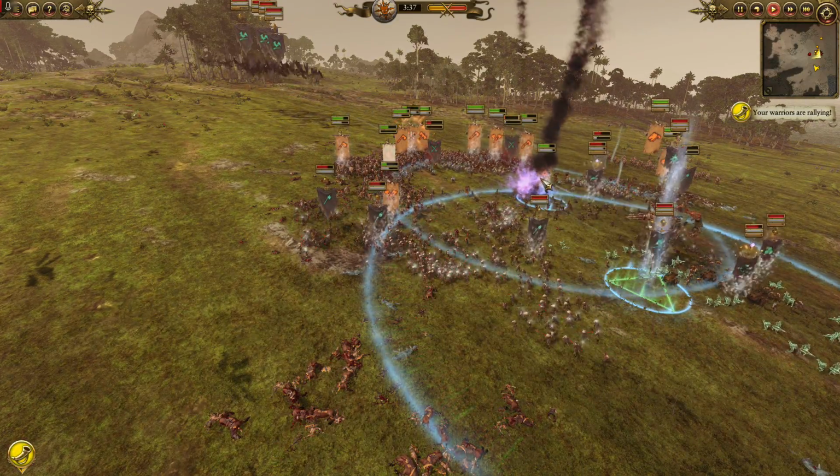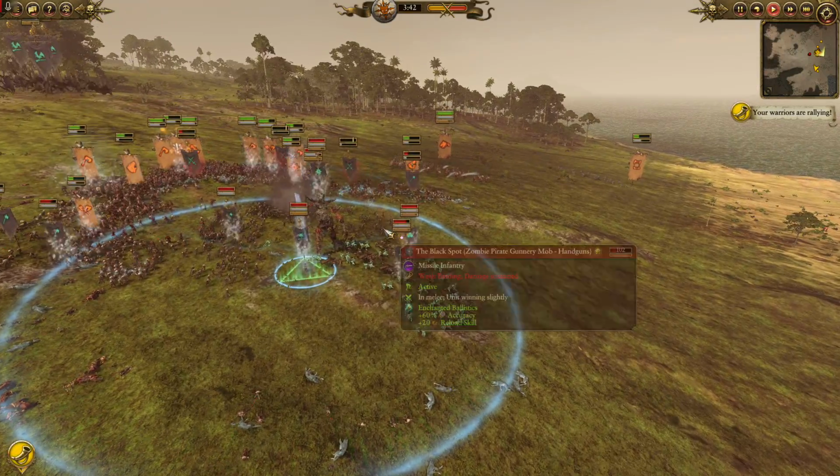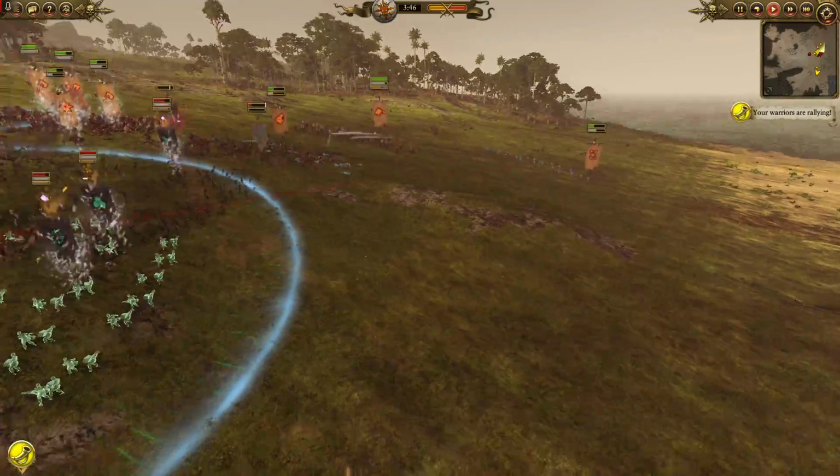I think I popped something. Foe Seeker, but he's popped something on himself. Enchanted Ballistics. Oh boy. So he's giving himself way better guns. Gonna want to deal with all these ranged units in the back, and that's what I'm doing with these Norscan